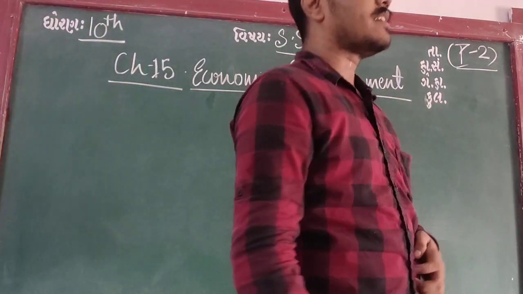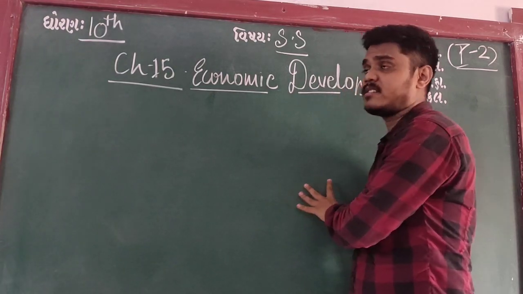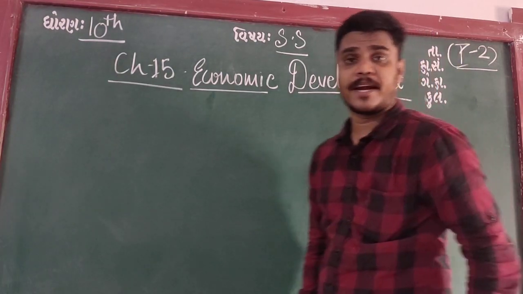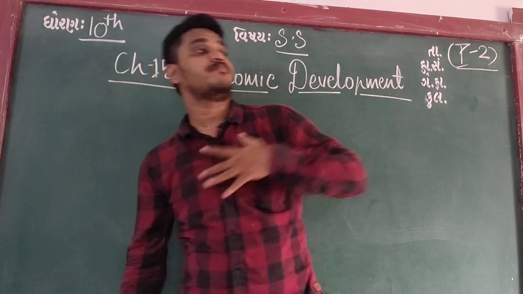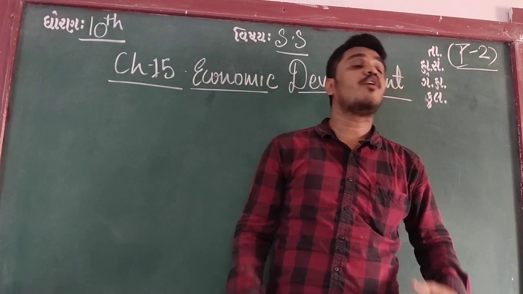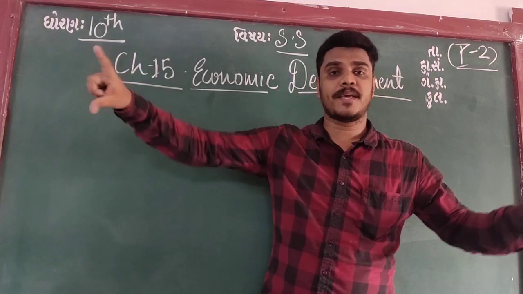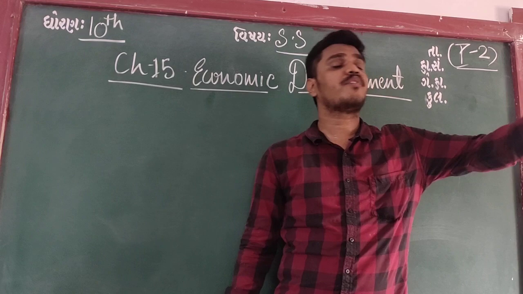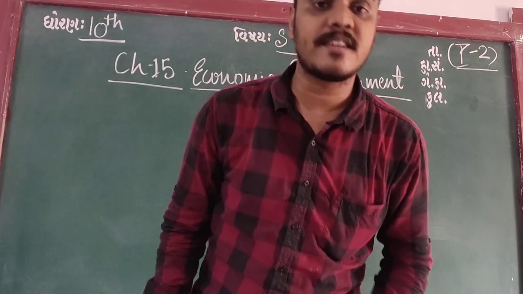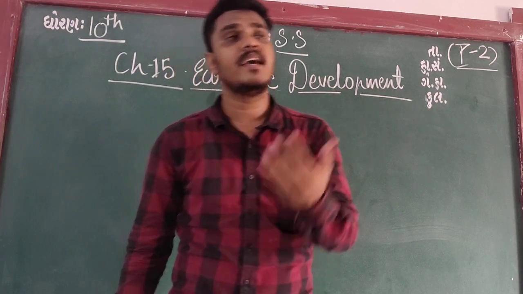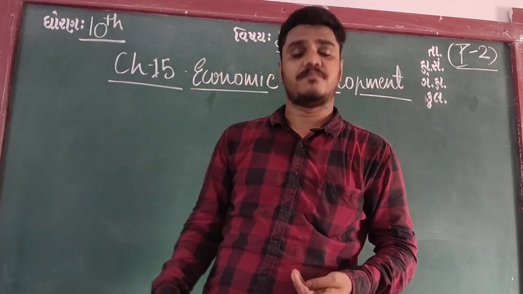Previously, we discussed what an economic stage is, what economic development is, what per capita income is, and how our country belongs to the developing countries. We discussed what features state that a particular country is a developing country, and which kind of country is a developed country. Our country is a developing country, so what are the reasons? First, poverty, unemployment, lack of infrastructure, lack of facilities.